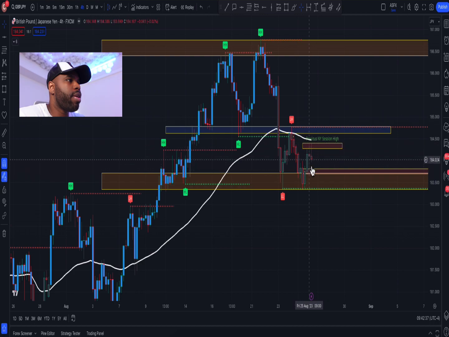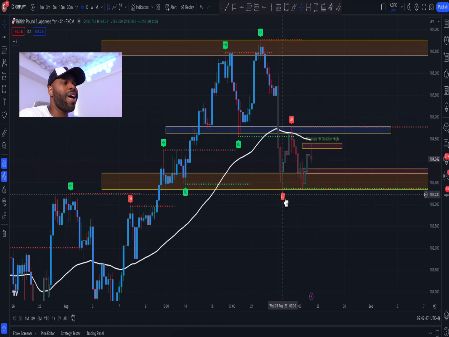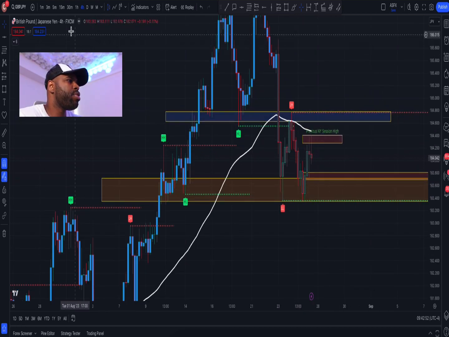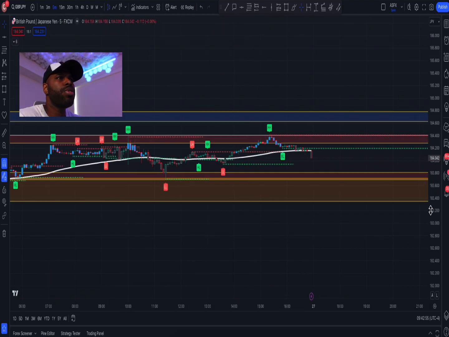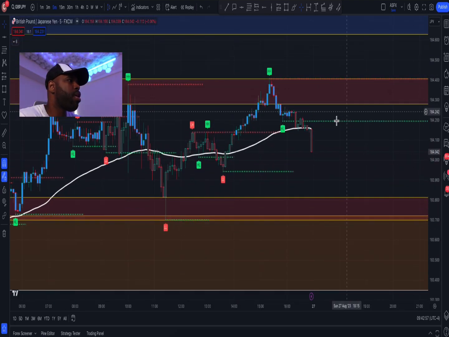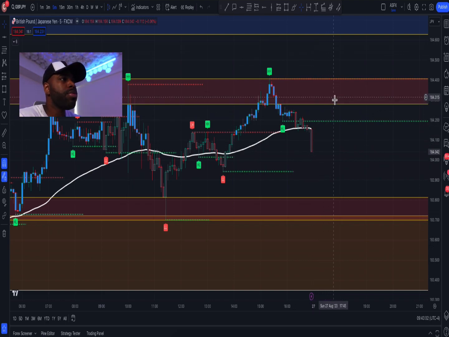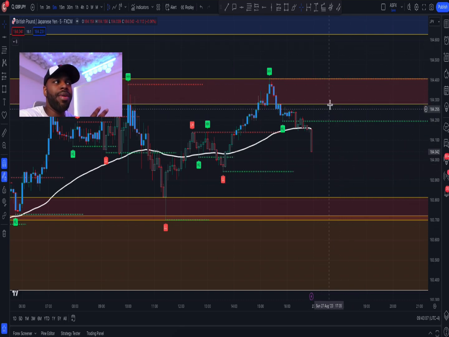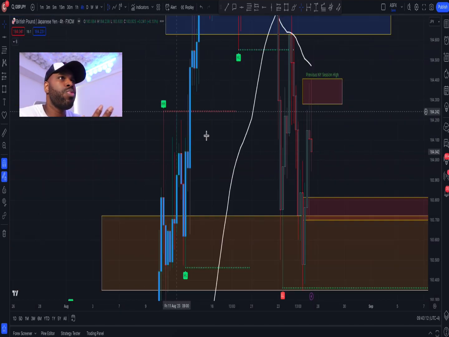Now it looks like price is going from zone to zone here, but we broke a major level, which is the higher low. So we want to look for sales here. If price comes back up and taps into the zone, we want to look for the rejection to the downside. Now, does it happen all the time? No. Price could come back up and break this zone, but